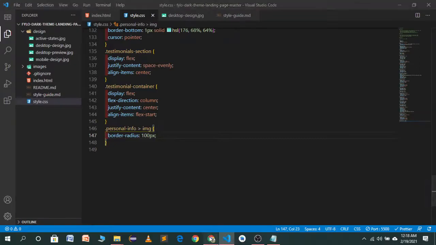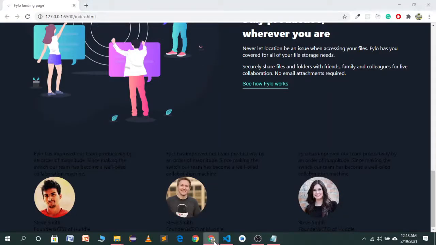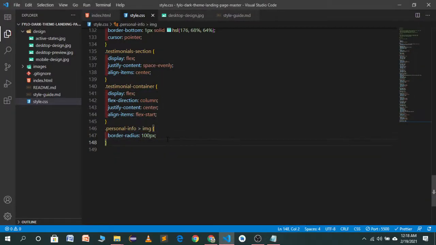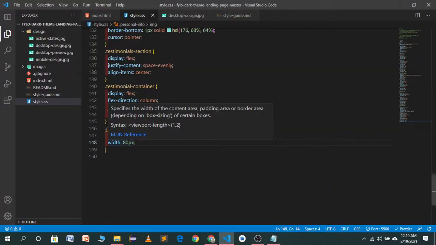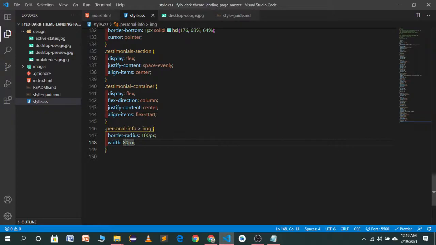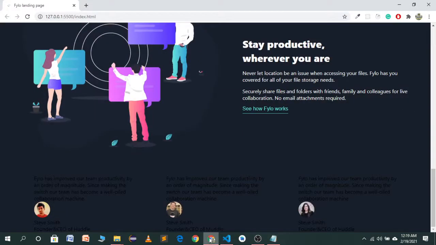Now let's see how it looks. Now we want to give it a width of around, let's give it a width of 80 pixels. How does it look? This width is not looking good. Let's try 50 pixel. Now you will see 50 pixel is looking good.